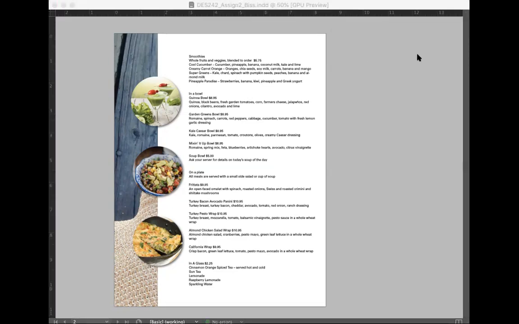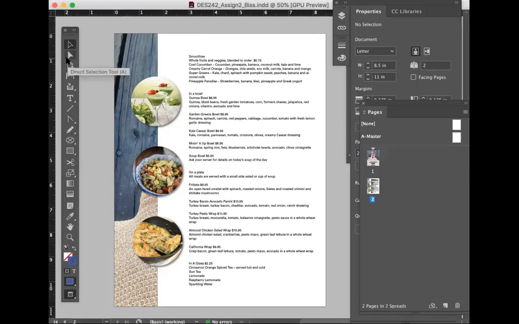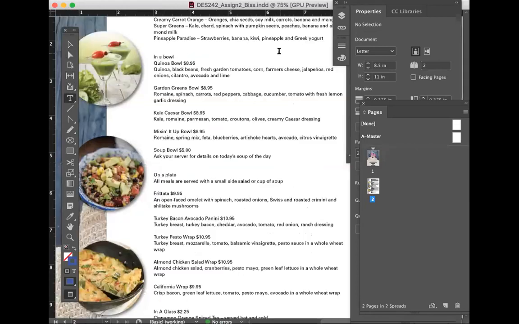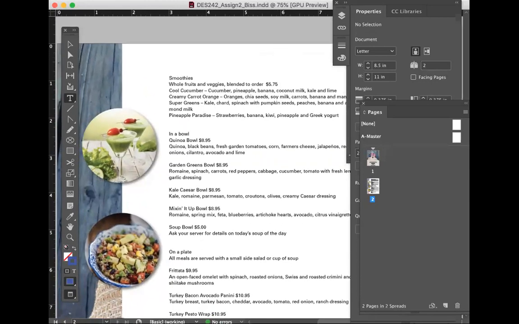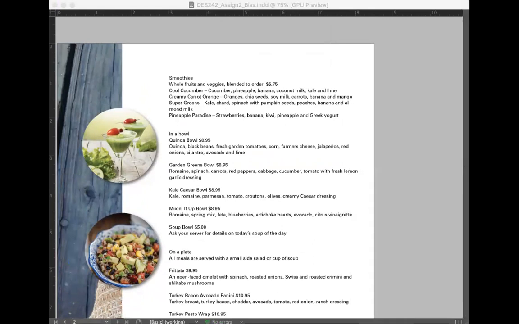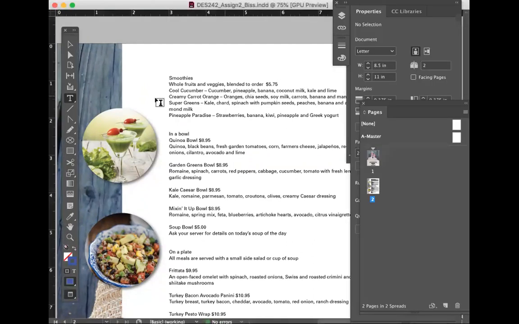Awesome. Okay, so let's go ahead and finish the rest of this. I'll show you some tricks and things to do here. The next thing I'm going to take care of, okay, so we got the body copy. Let me zoom in here. But what we want to do is emphasize certain things within this menu so that the viewer can look at this and be real clear on what it is that they're looking at, sections, okay? Because when you look at a menu, you usually see some breaks in each section, some things that draw your eye into a specific menu item.